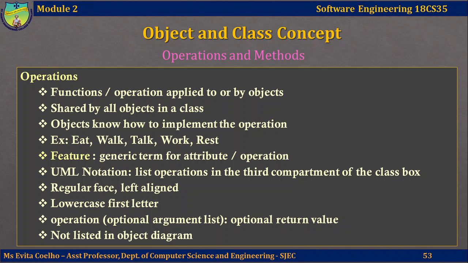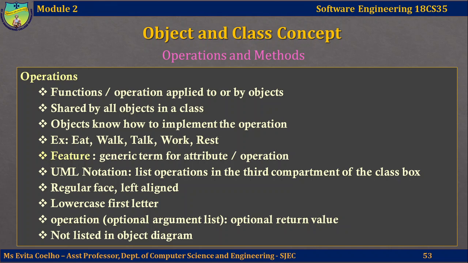Let's now take a look at operations and methods. So far we have understood what classes and objects are and how these are represented using class diagrams and object diagrams. To both class diagrams and object diagrams, we have added attributes and then we have created objects using the class template and added meaningful values to these attributes. All objects will have the same attribute names but will have individual attribute values which will differentiate them from each other. Let's further add a few operations within the class diagram.